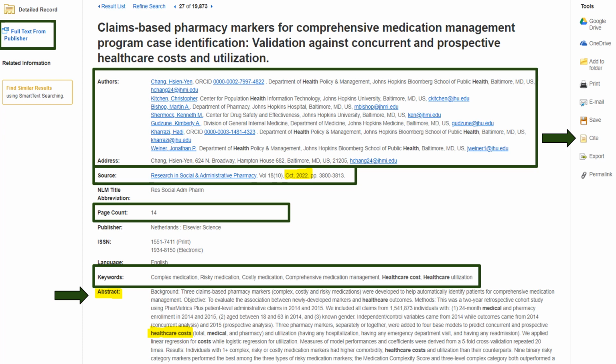Next, I want to think about the author's authority. This article has several authors, focusing for the moment only on our first author. I see that Dr. Chang works for Johns Hopkins Bloomberg School of Public Health. Dr. Chang is a medical doctor working for a well-known and respected hospital in the Department of Health Policy and Management. I can be confident that this author has some experience in the field and writes with the authority granted by holding the right kind of degree and the right job title. The other authors involved in this article have similar credentials, which boosts the authority of the article as a whole.